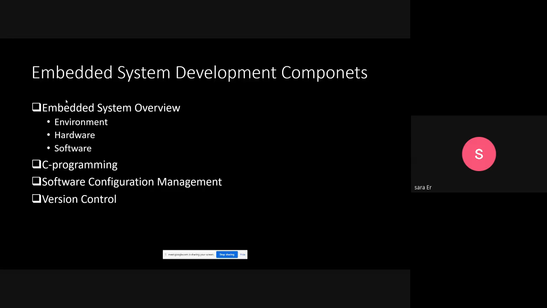That is possible with GitHub and GitLab. These are tools for version control of our package, because we are writing a package that controls the board.